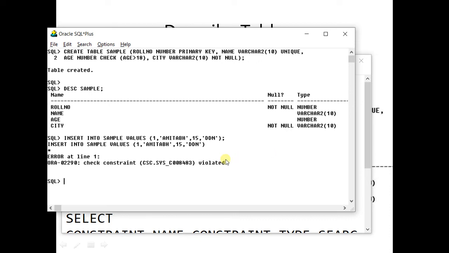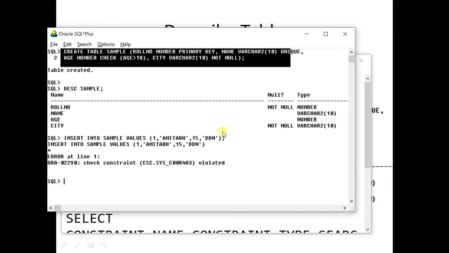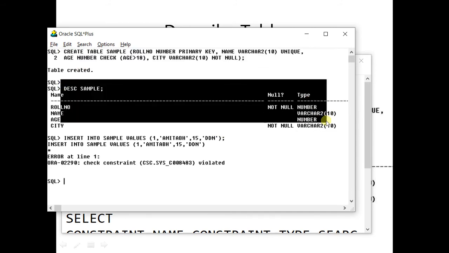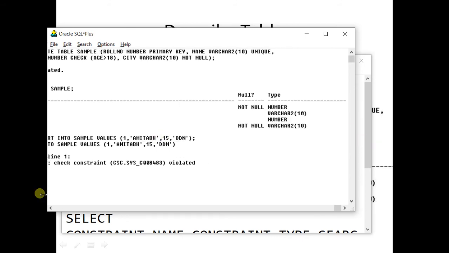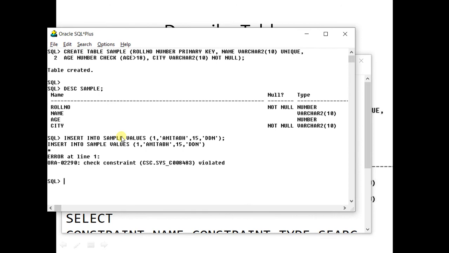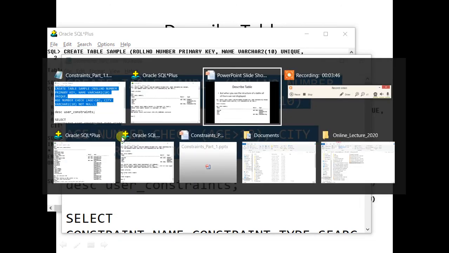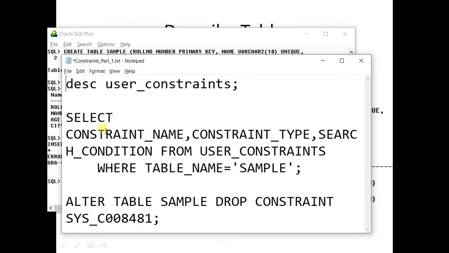Now suppose you have not created this table right now, and later on you have seen the structure, so you cannot remember whether you have applied this constraint on this table or not. So where to see this? There are 2 places where you can see the constraints.